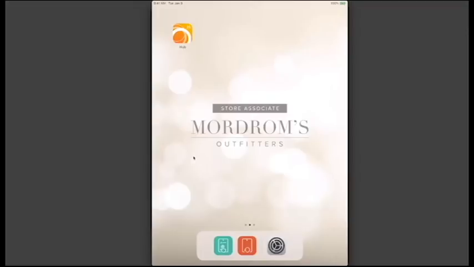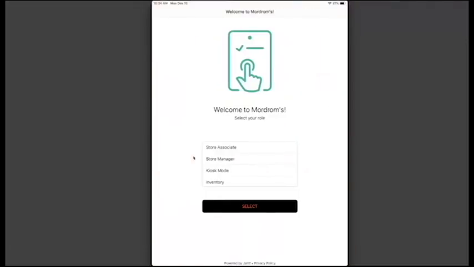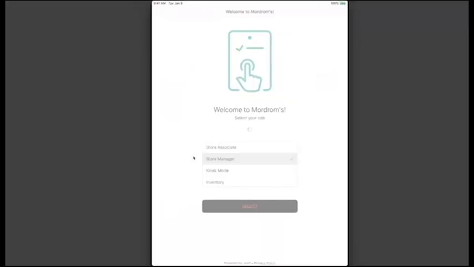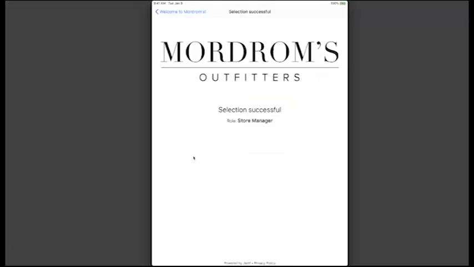Now that I'm out on the floor and I'm helping customers, in between customers, the manager comes up to me and asks, can I use your iPad? I easily give the device over to her and she clicks on Jamf Setup. She can then reconfigure this device for her needs as a store manager. She clicks Store Manager, clicks Select, and instantly, right from her fingertips,